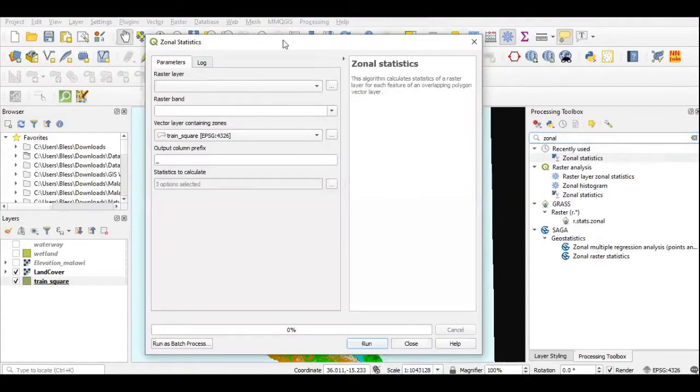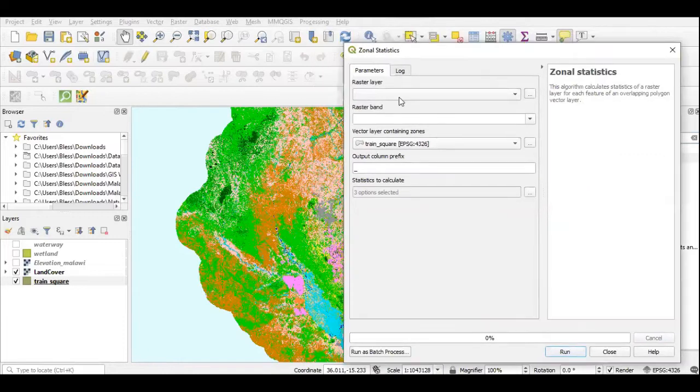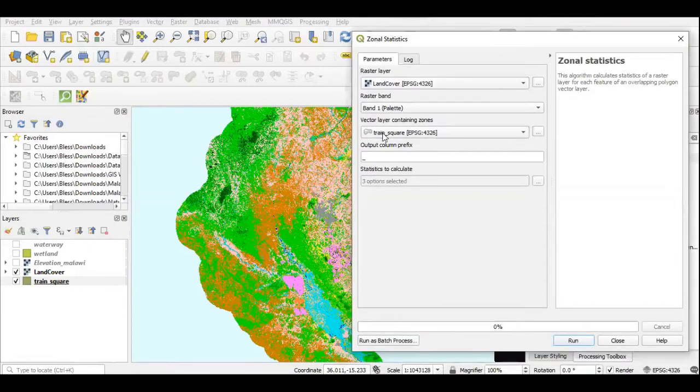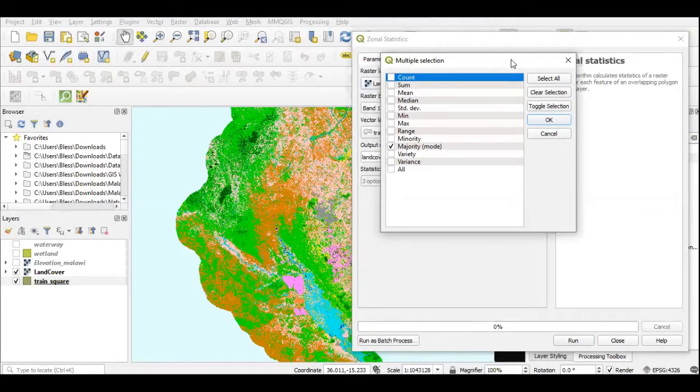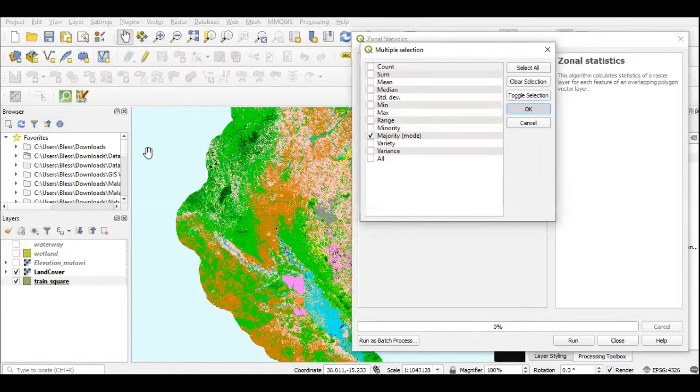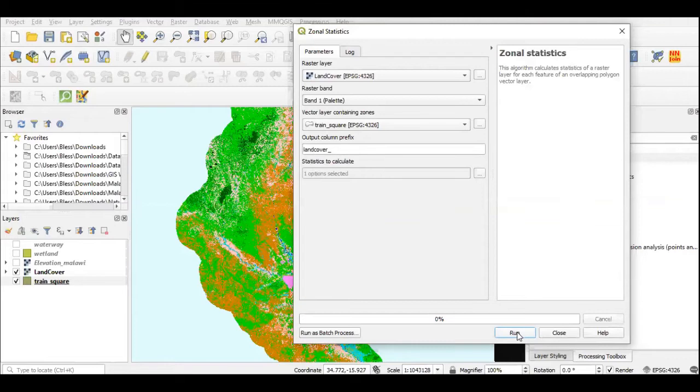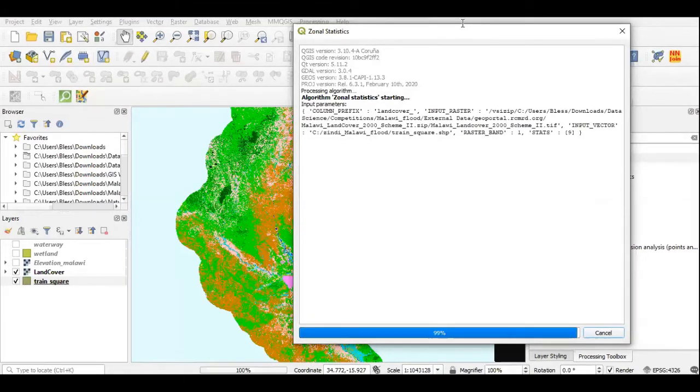So what we'll do is fix these parameters. For the raster layer, select land cover. And for our vector layer, select our train square. For the output column prefix, call it land cover. For statistics to be calculated, right click on this, then unclick all of these and click only on majority, since we are looking for the major land cover in a particular region. Then we'll click on run to run our algorithm. Once this runs successfully,